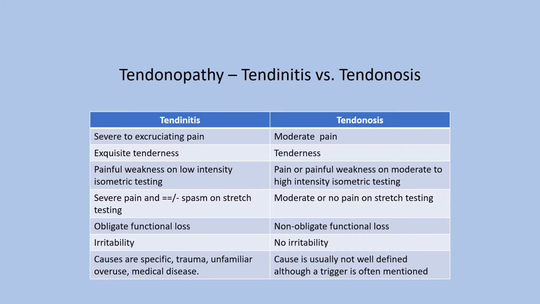Whether or not there is inflammation present plays a very real role in considering etiology. Tendinitis is not very common in general practice and is generally caused by trauma, serious unfamiliar overuse, and medical conditions such as reactive arthritis, rheumatoid arthritis, ankylosing spondylitis, gout, diabetes, and other systemic conditions. Often systemic disease tendinitis is called enthesitis to differentiate it from trauma and overuse, but they are pretty much the